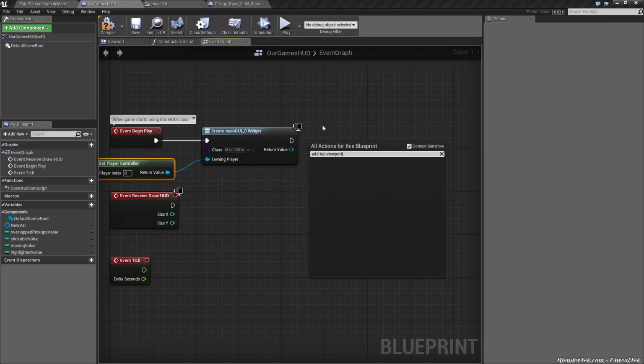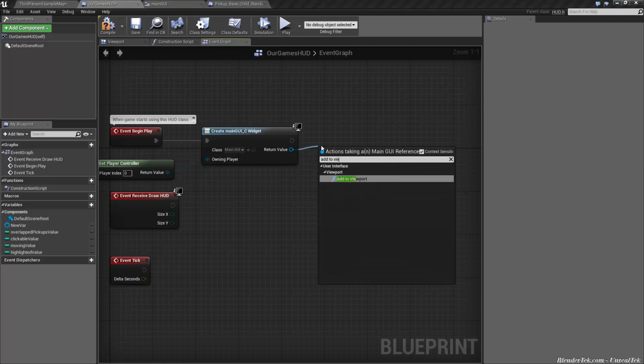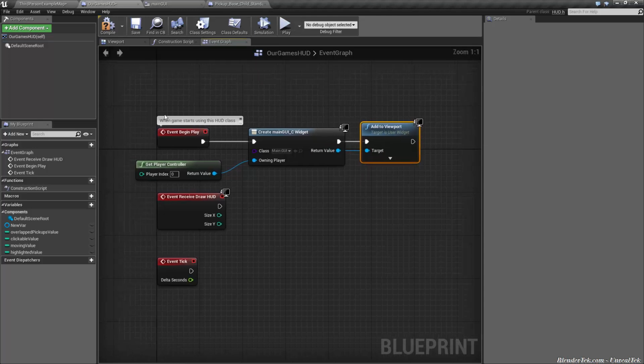Now you won't see this by stock. So what you need to do is uncheck context sensitive and you'll see it's there. Or a fancy way is just take the return value, drag off, and then type in Add to Viewport and it'll automatically connect it for you. So you can think of this, what happens is when the game starts using this HUD class, it creates our GUI widget